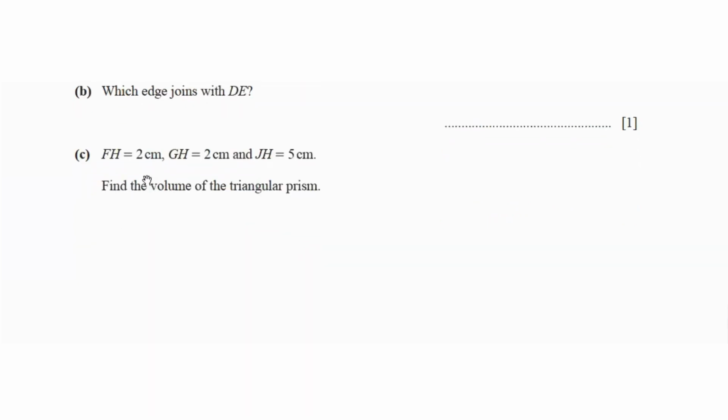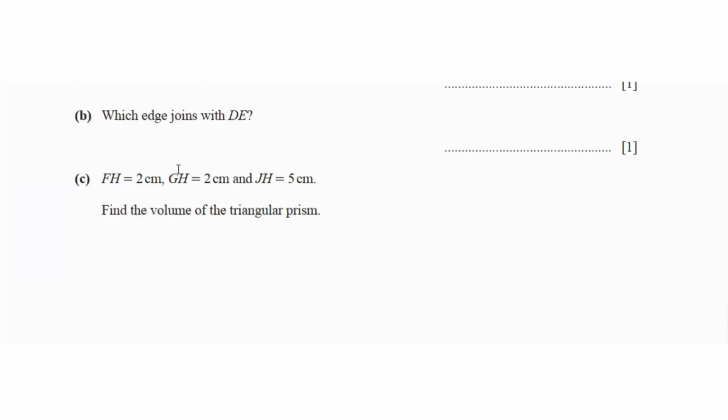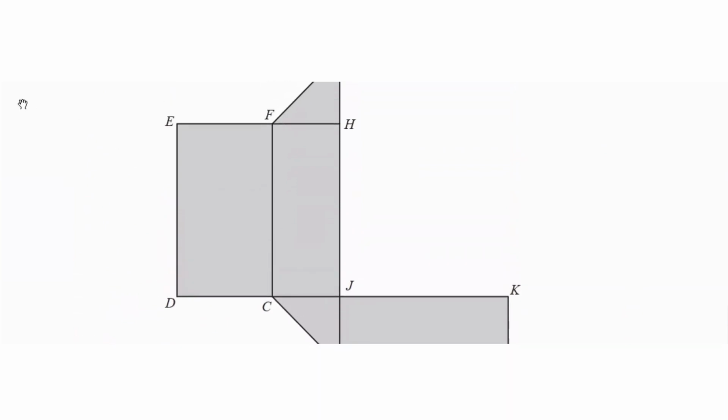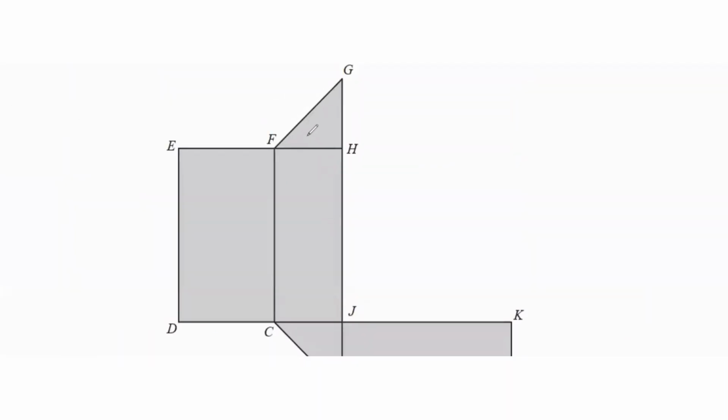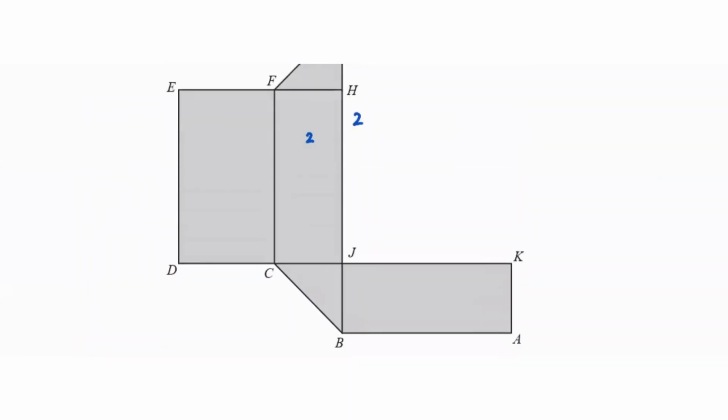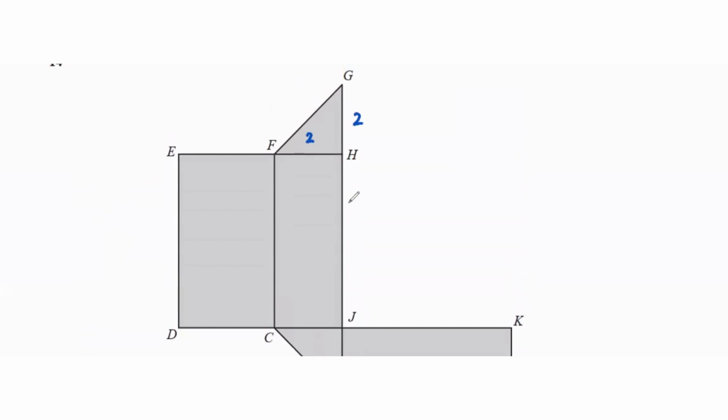Then it says FH is 2 centimeter, GH is 2 centimeter, and JH is 5 centimeter. Find the volume of the triangular prism. So FH is 2 centimeter, GH is 2 centimeter, and JH is 5 centimeters. So volume is basically cross section